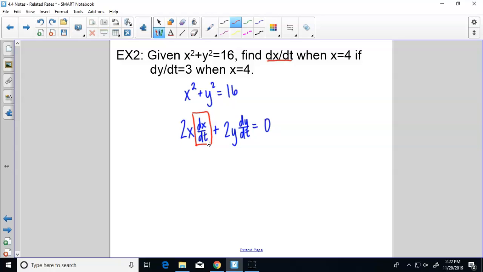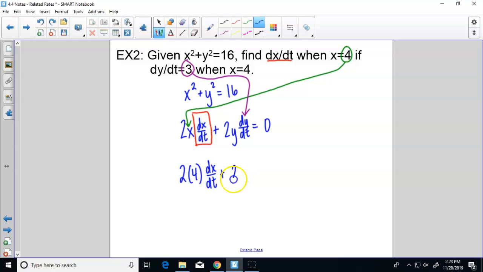But that means we've got to plug a number in for x, y, and dy/dt, or else we can't solve it. So I see my x right here. That goes here. And when x is 4, I know dy/dt, that goes here. And so if I plug that stuff in, I've got 2 times 4 dx/dt plus,